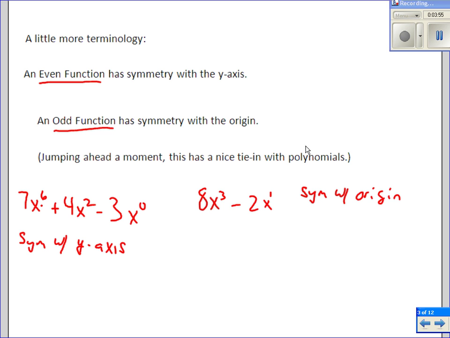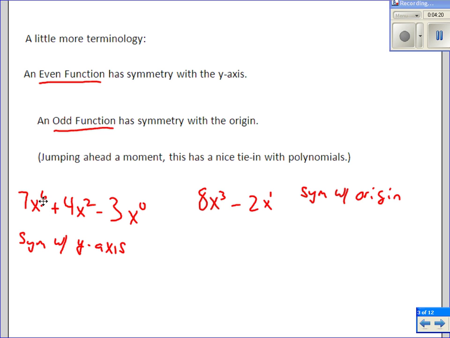for something that's going to happen in the next chapter, polynomials. You may remember from previous algebra classes, polynomials are those nice functions where we have a constant times x to a power, plus a constant times x to a power, plus a constant times x to a power. If you create a polynomial and all the exponents on the x, like this one here, 6, 2, and 0,